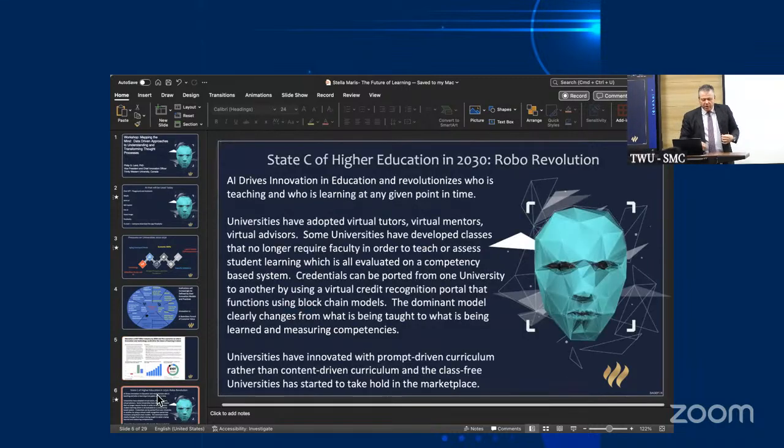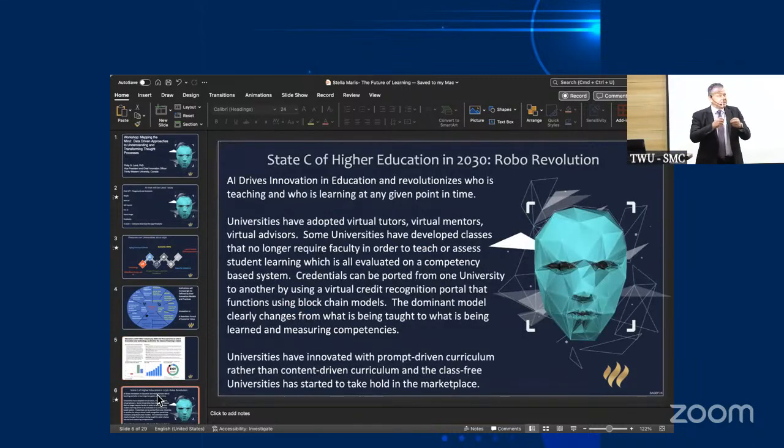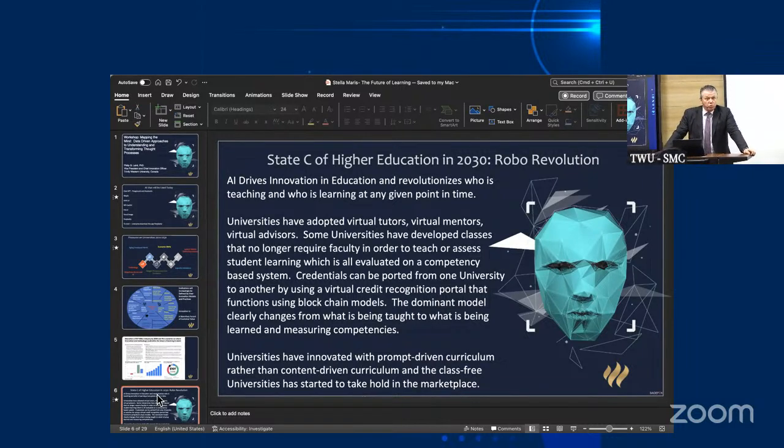The first scenario is called virtual revolution. It says that technology radically transforms education and changes the very nature of education as we have it today. This is the description of virtual revolution. By 2030, universities will have adopted virtual tutors, virtual mentors, and virtual advisors.